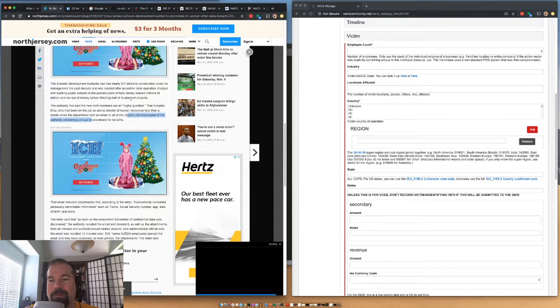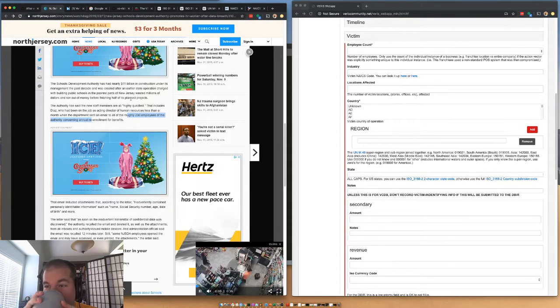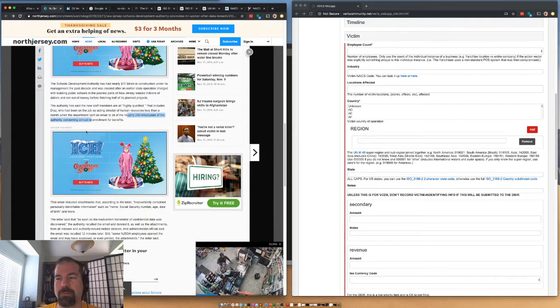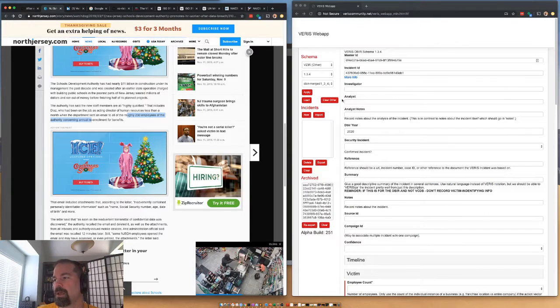Well, that doesn't seem to be a very good planning job. The past decade, it was created after an earlier state operation charged with building public schools in the poorest parts of New Jersey wasted millions of dollars and ran out of money before finishing half of its projects. It has said that new staff members are all highly qualified. Okay, whatever.